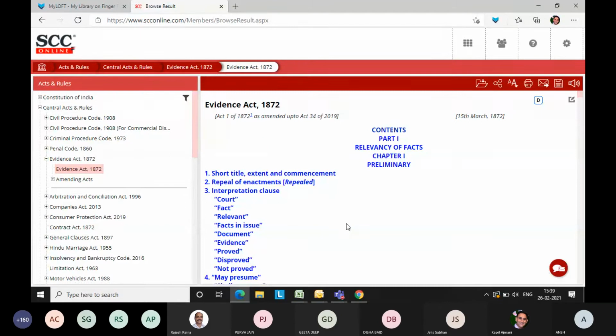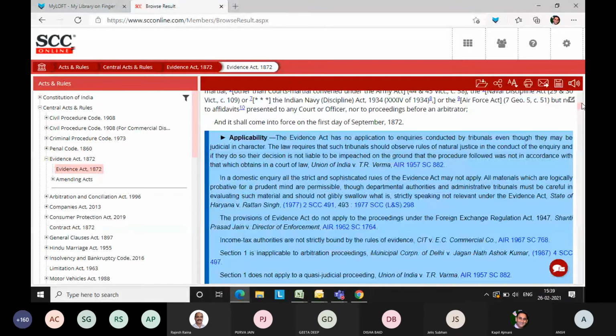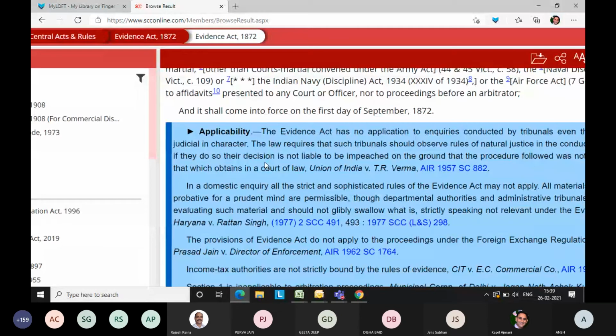Now within this Bare Act, at regular intervals in particular sections, you will find most important citation references being incorporated by our editorial, and these lines which you see along with the citation are being pulled out from the judgment, pertaining to, say in this case in Contract Act, applicability.